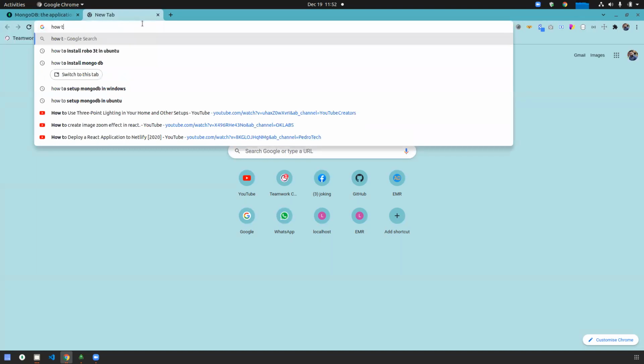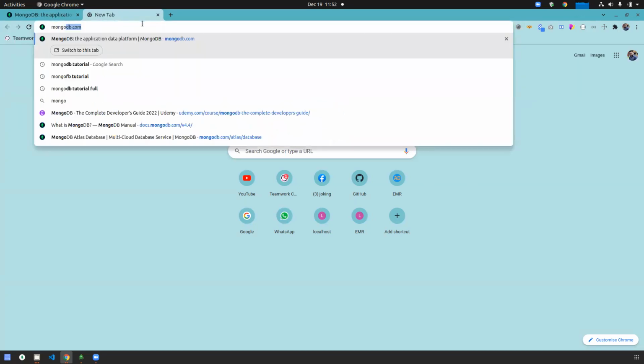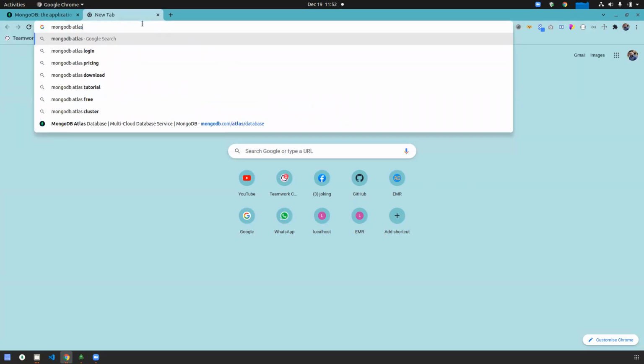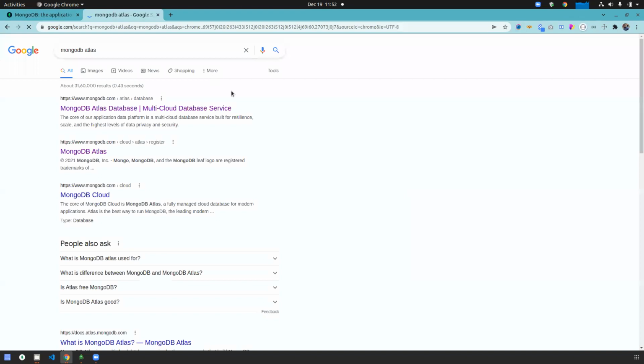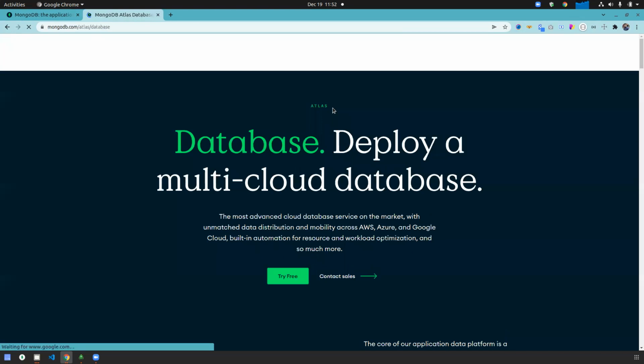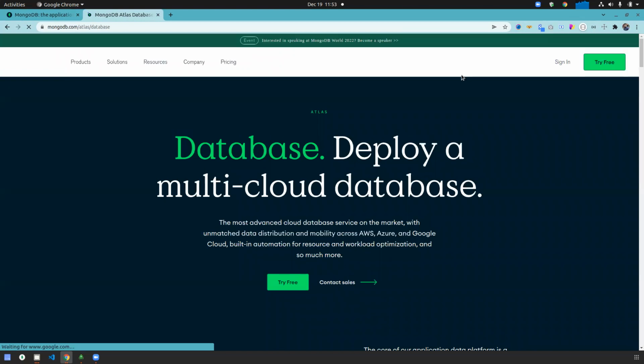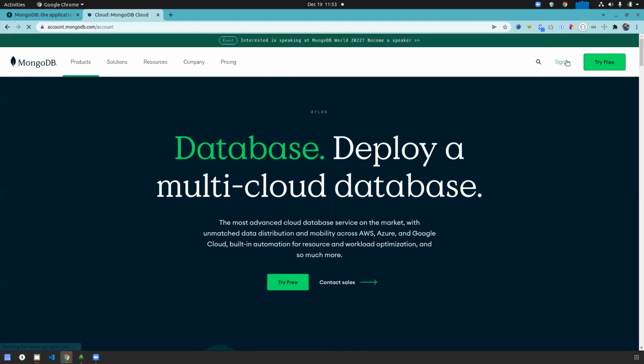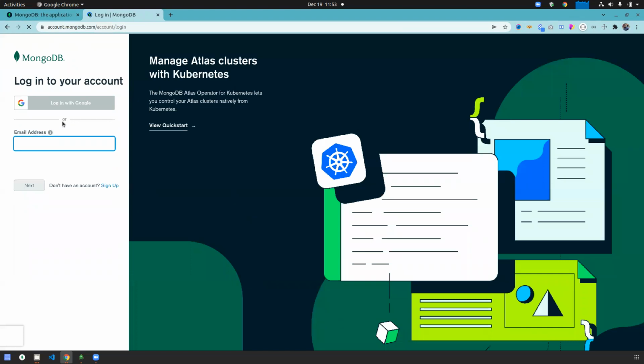So I am opening MongoDB Atlas for now. You can just do a Google search for how to install MongoDB. There are lots of websites providing instructions on how to install it. And this is MongoDB Atlas. For that, you need to go to MongoDB and log in.